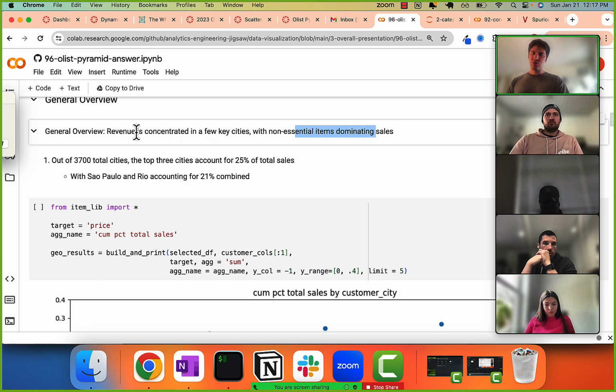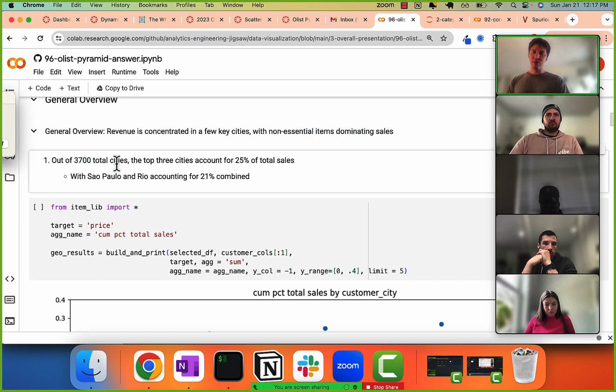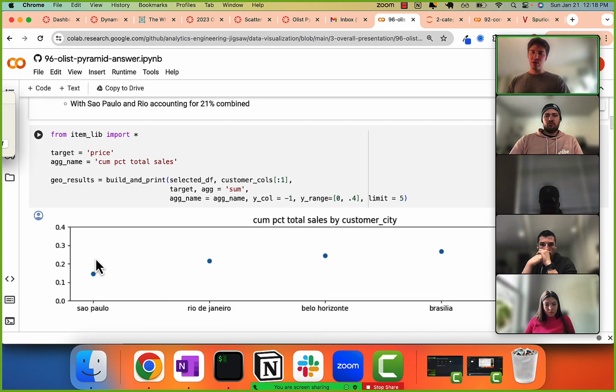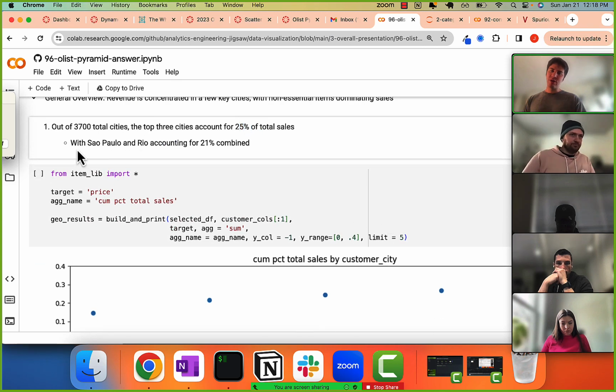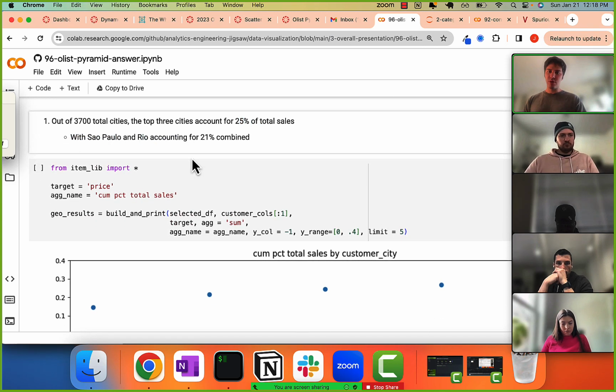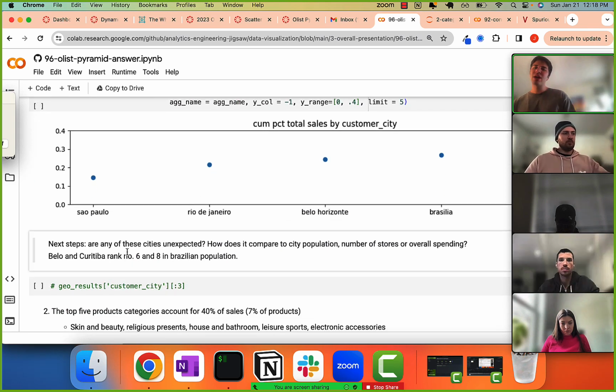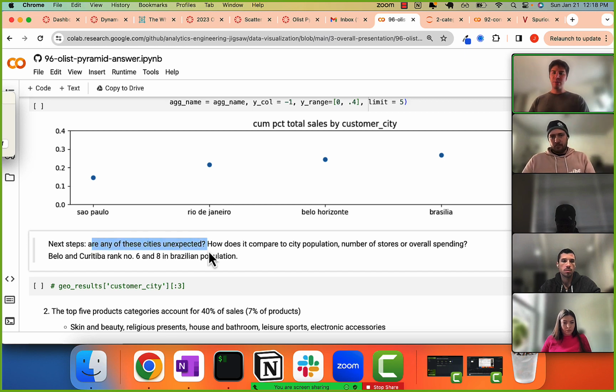So revenue is concentrated in a few key cities. Out of 3,700 cities, the top 3 account for 25% of sales, and then you can show what they are. Then here's my subpoint, with Sao Paulo and Rio accounting for 21% combined. And then what I said here was, well, wait a second, are these unexpected? You can look at the populations of these. If these are the most populous cities, maybe that's not big news. So how does it compare to city population, the number of stores there, or overall spending,